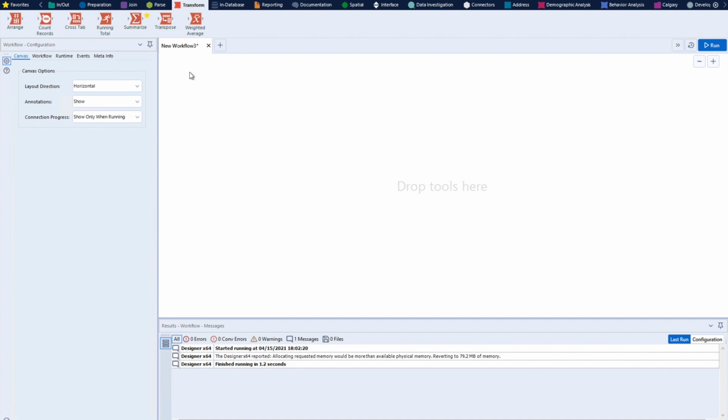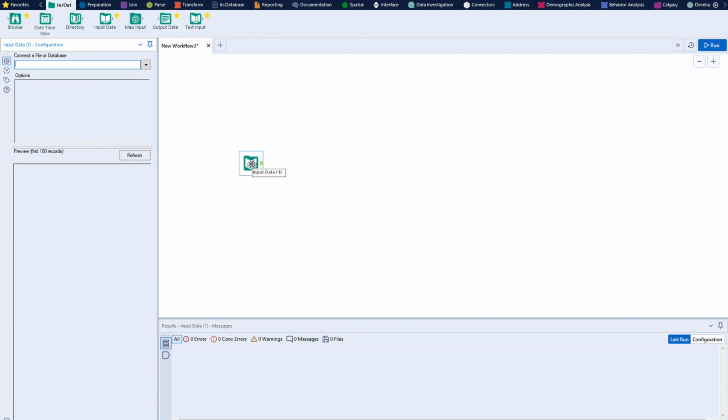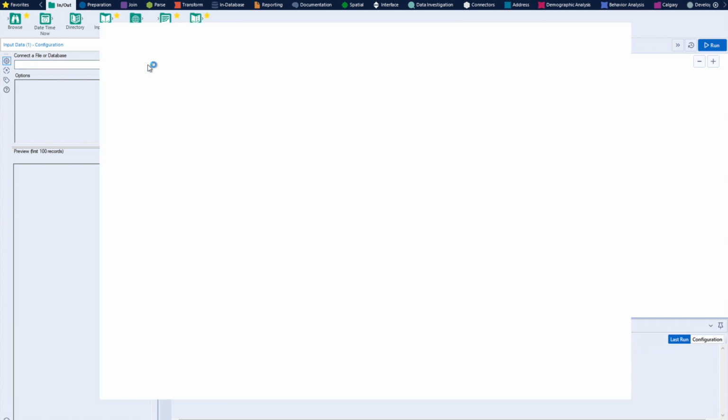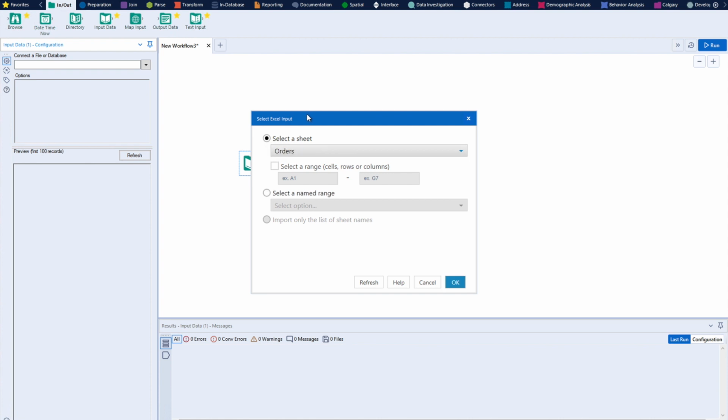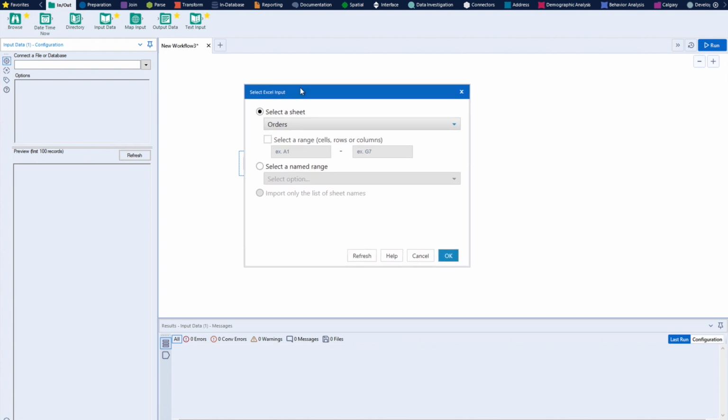So first thing first, we'll try and get the data. We all know how to get the data, which is called the input data tool. The input data tool allows us to get the data from any of the sources. I have already told this a lot of times in previous sessions. So I'll be loading the data coming from my Superstore. In coming sessions, definitely I'm going to help you get data from any other cloud sources or any other databases. So we will see all those things coming up in future sessions.